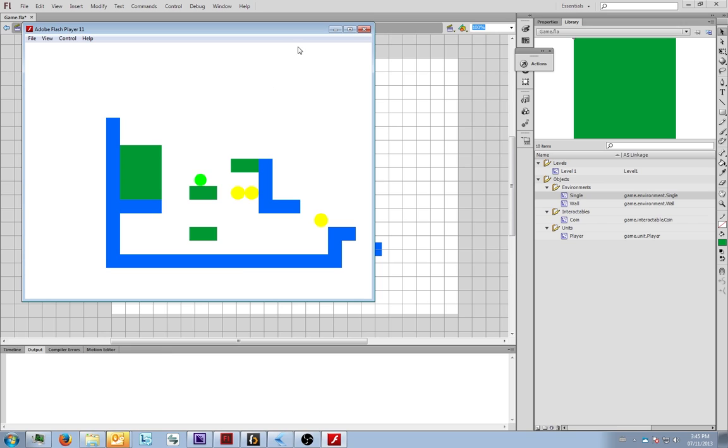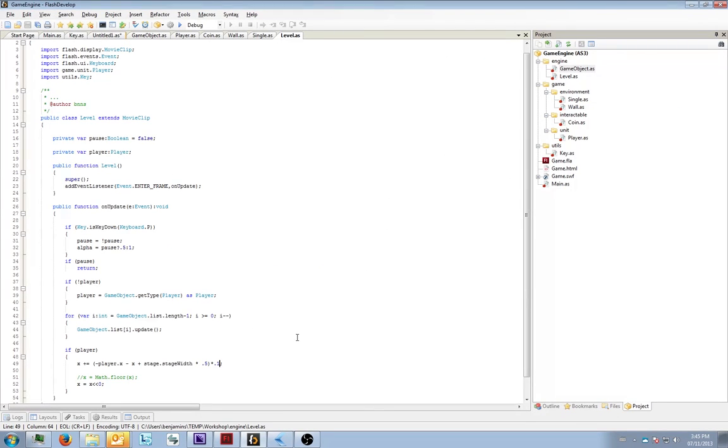So let's walk through the logic a little bit. I usually fiddle with my camera logic, I never really think about it, but for delta, we want to get in the opposite direction, similar to how I explained it before. X, because we want to figure out the difference of what our X currently is at. We want to subtract it against our target. This is our target. Then we want to offset it all by our stage, so we're focusing halfway into the center of the screen. And speed,